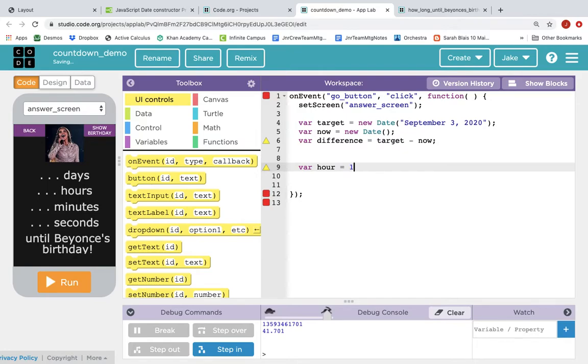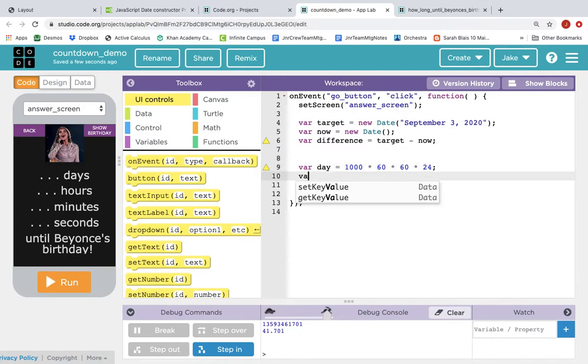Well, we know there's 1,000 milliseconds in a second times 60 seconds in a minute times 60 minutes in an hour times 24 hours in a day. So actually I misnamed this variable. So var day, a day equals this many milliseconds. And then an hour is going to be